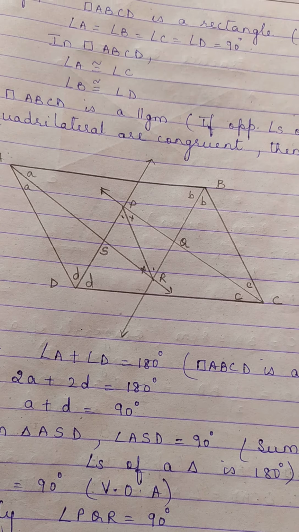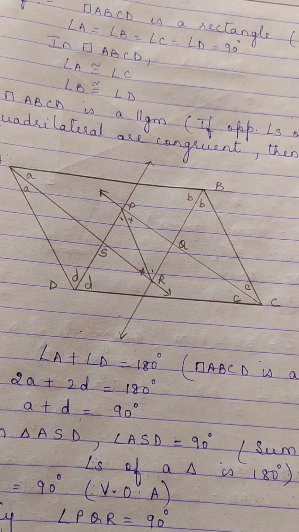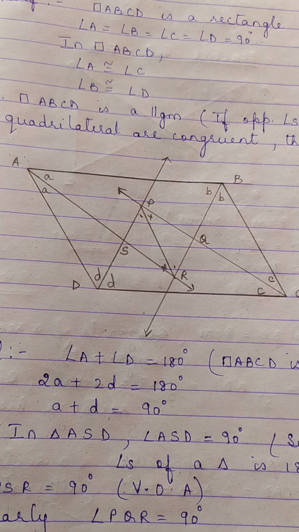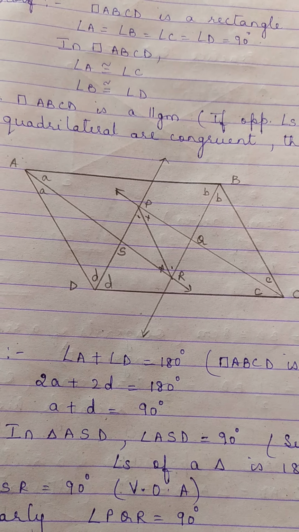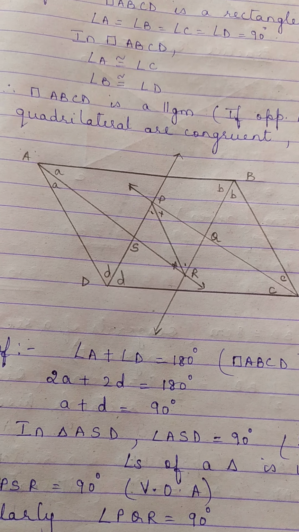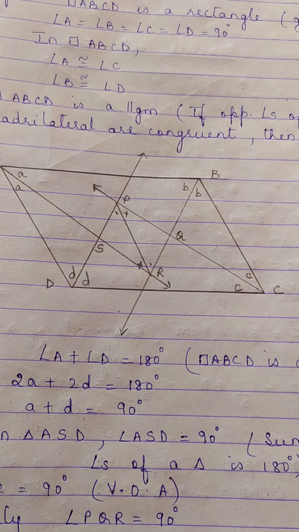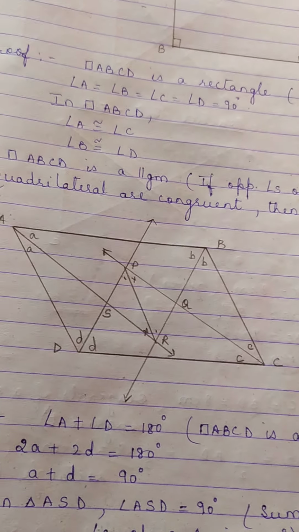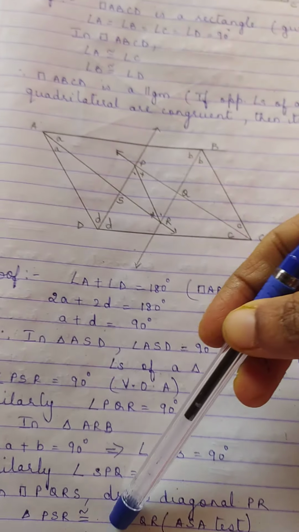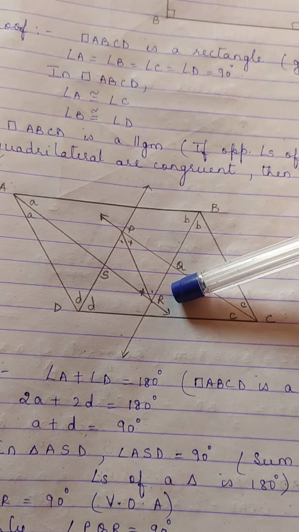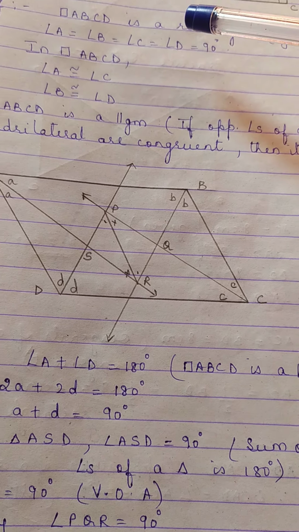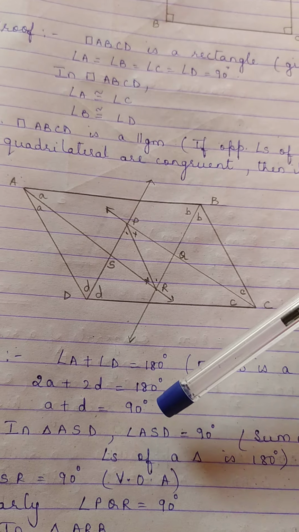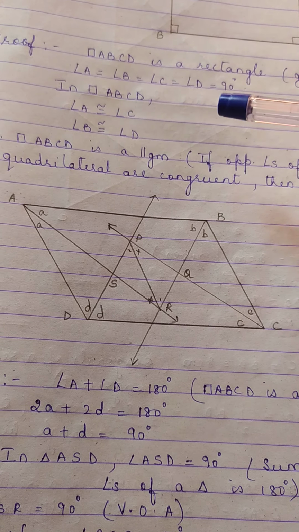So, you have quadrilateral ABCD, which is a parallelogram. You are extending the angle bisectors of angle A, B, C and D, and you have a quadrilateral formed PQRS. You have to prove that quadrilateral PQRS is a rectangle. This is your question. So how do we do this? Now I have done this here in short. I am going to explain to you. After I explain, I will be uploading the image of all these pages wherein I have done the answers. You will refer to it and write it down in your classwork.